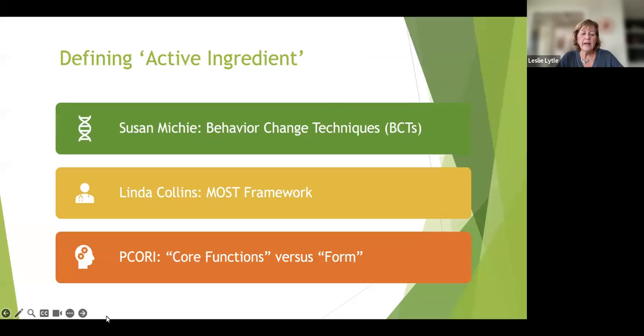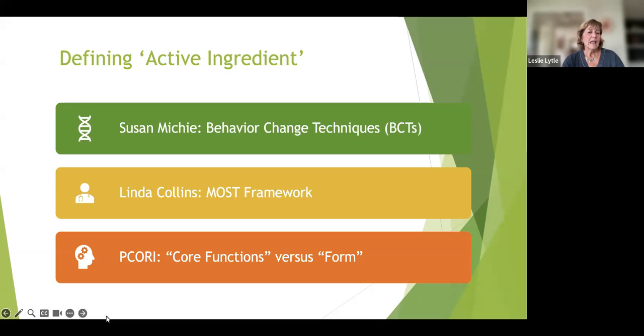Another group, PCORI, the Patient-Centered Outcomes Research Institute, and many working in the implementation science field use a definition that discriminates between core functions versus form. Those core functions are a lot like the intervention objectives. It's a statement of what is supposed to happen. They identify those as the active ingredients versus the form, which is how it's delivered, even dose. And PCORI's idea is that form is not the active ingredient, that it can be modified without too much worry